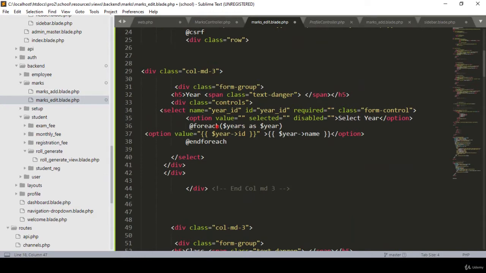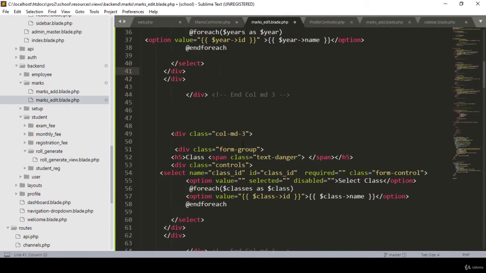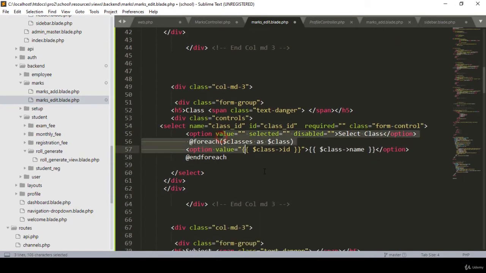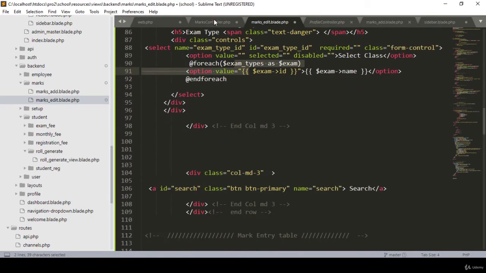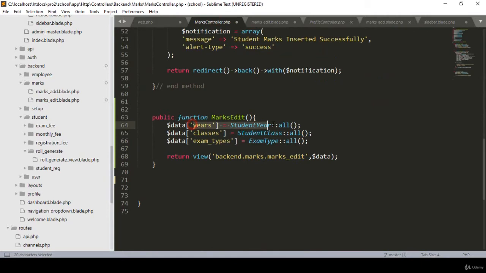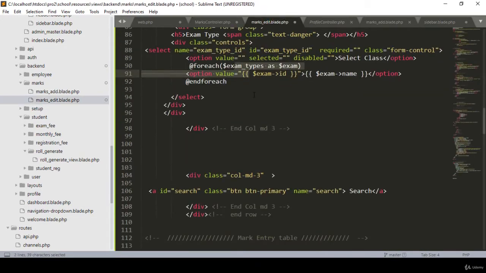because here I also pass all our years data, all our class data, and then there is an exam type, right? So here I have also passed these three sets of data. I get all the data from our years table, class table, and the exam type table, and I pass this data to our mark edit page. So right now everything